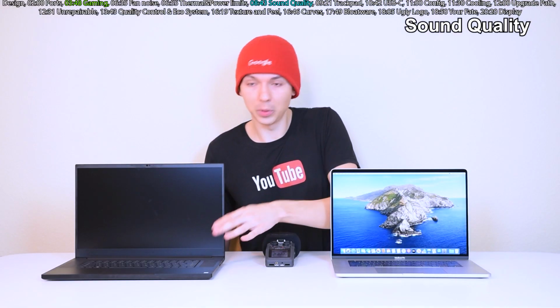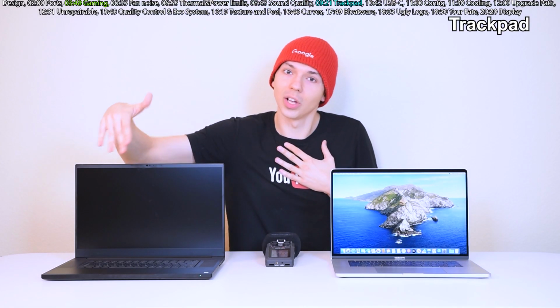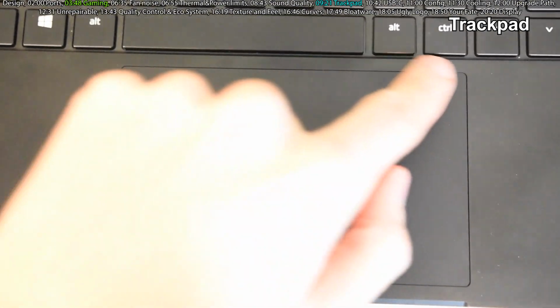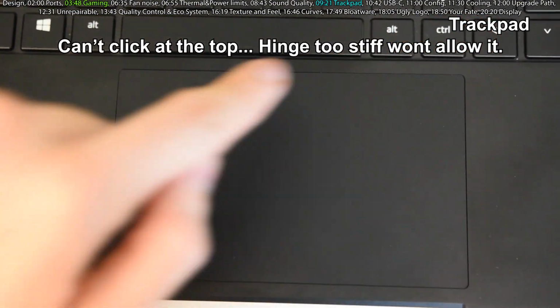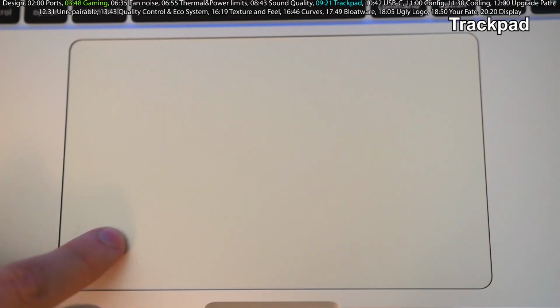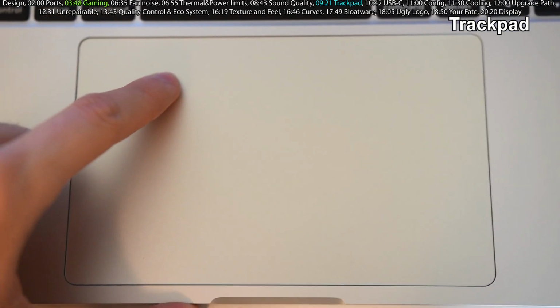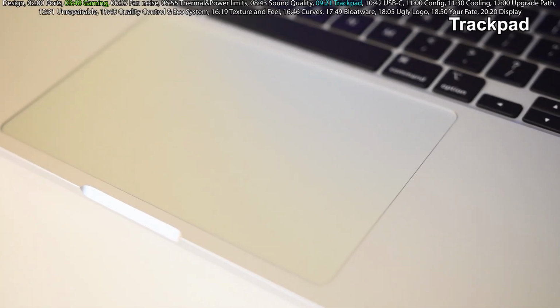On the Razer Blade, speakers are acceptable, right? I'm not complaining about them. Same thing with the trackpad. Even though I'm saying it's not as good, this trackpad is the best you can get out there in the PC Windows world. It's the best. The MacBook Pro is about 30% larger, it's silkier, it has better precision with the mouse movement, and the clicking